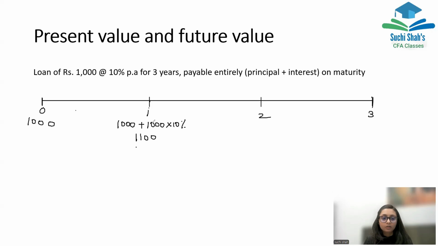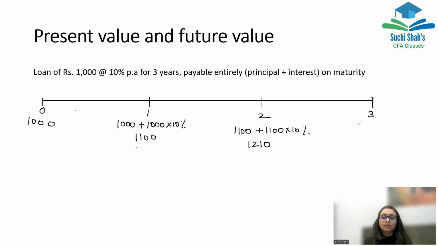That is 1,100. So second year's interest will be calculated on 1,100. That is nothing but what we do in compound interest. Yes. So 1,100 plus, we'll say 1,100 at 10%. So that is 110 and this will come to